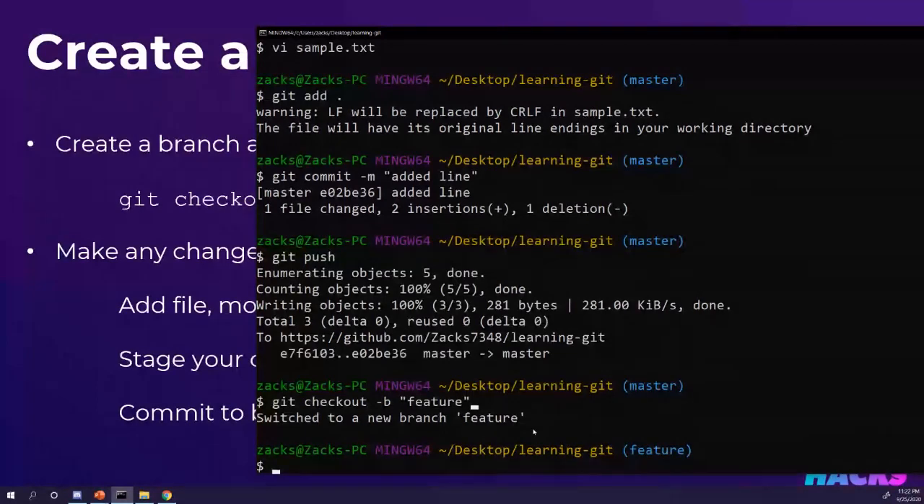So now anything that we change within this feature branch, when we do the git add, git commit, git push, they're only going to be pushed into this branch here. And anything in master will be left untouched. So I'm going to go into,